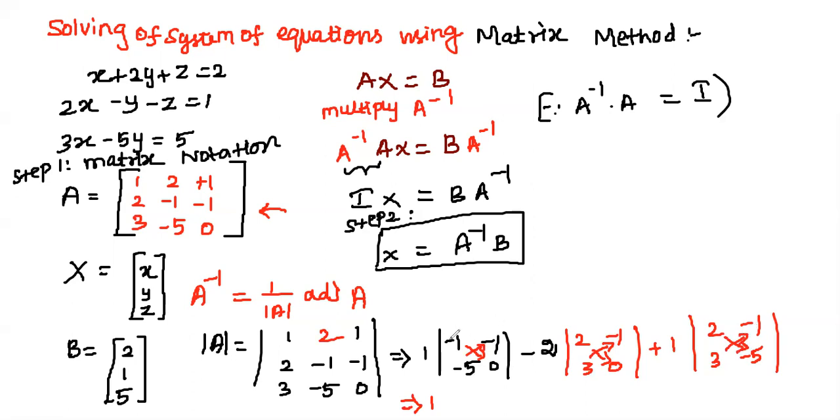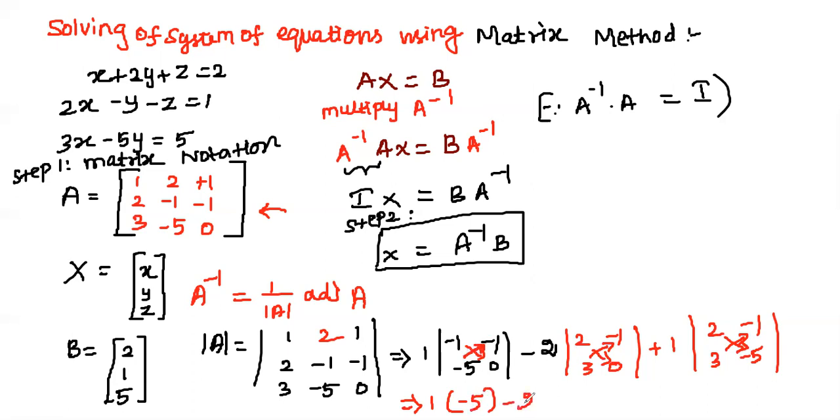What is minus 1, 0, minus 5, minus 1? What will you be getting? We get minus 5, right? You get minus 5. So minus 5 into minus 1 will give you plus 5. Due to the upward arrow mark, you will include the minus sign, right?